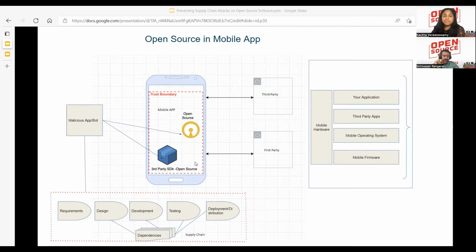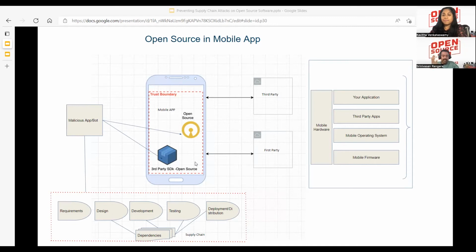So now this is a production app where we have the open source component and the third-party open source SDK embedded within the app. But now let's shift focus on to the CI/CD pipeline that Kavitha was mentioning about. If any of these processes, starting from requirement, design, development, testing, and deployment, has a dependency, it could be a dependency on open source or third party.